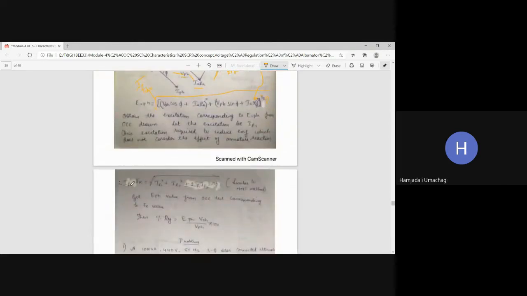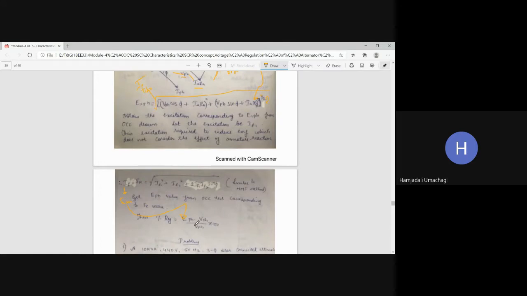And at the end, IF is equal to FR is equal to square root of IF1 square plus IF2 square. IF2 means Potier triangle method. IF1 means first you calculate the E1 value. For this E1 value, check what IF1 is using the OCC. That IF1 value you substitute here. After getting the resultant IF, for this resultant IF, get what E phase is from the OCC graph. Once you get this E phase value, you substitute it here. V phase will be given in the problem statement. So this is how you calculate the regulation of an alternator using the zero power factor test method.